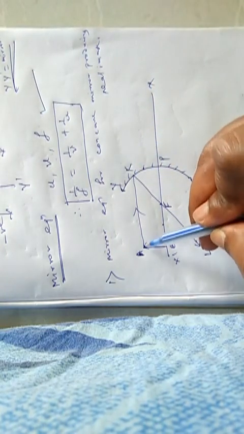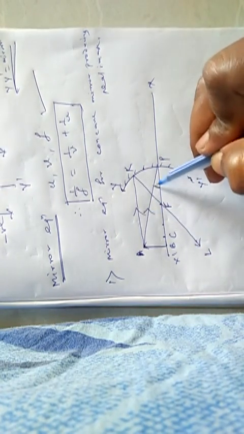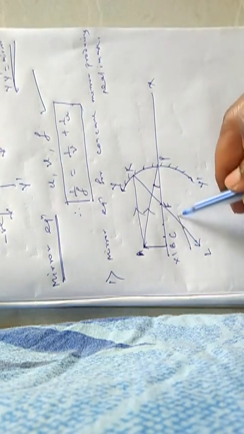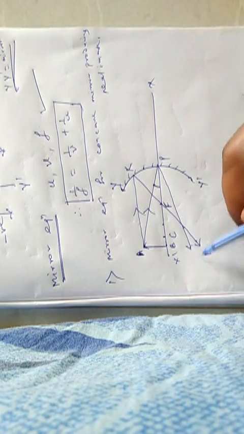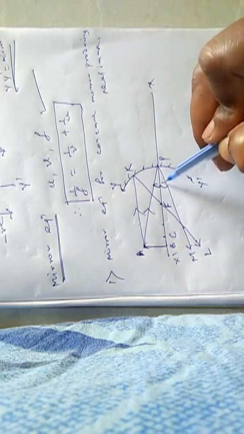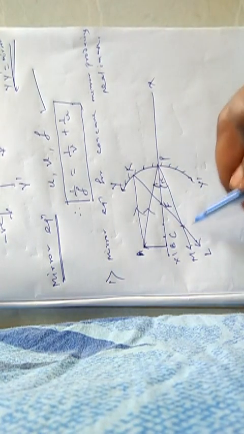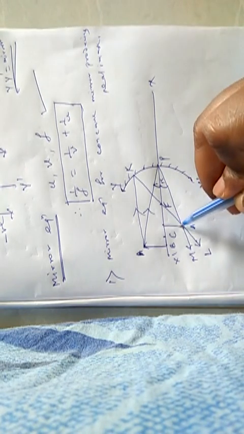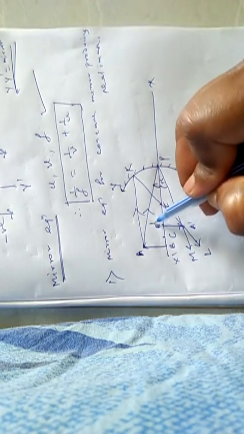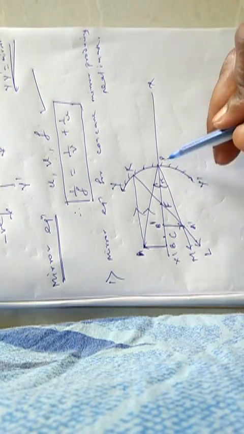Take another ray that goes to the pole P. This is the angle of incidence I, and after reflection it will move in this direction. This is the angle of reflection R. This is I, this is R. So both rays are reflected and meet at the point A dash, producing the image A dash B dash. AB is the object, A dash B dash is the image.